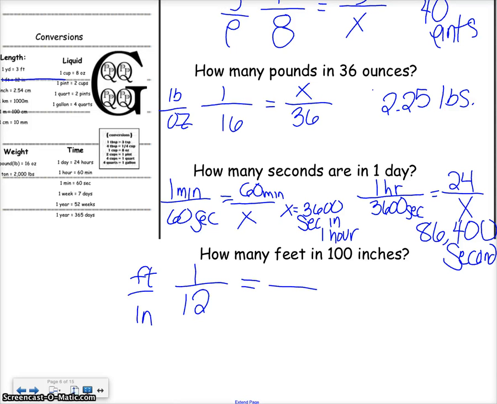Top is feet. Bottom is inches. That's why I like to write that down. I like to write down what I'm comparing. So 100 divided by 12 is 8.3 repeating. And they'd probably say 8 feet, whatever. Okay? All right. So last thing for today, you got one more part of your notes for today,